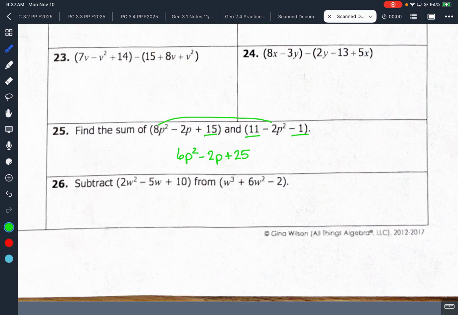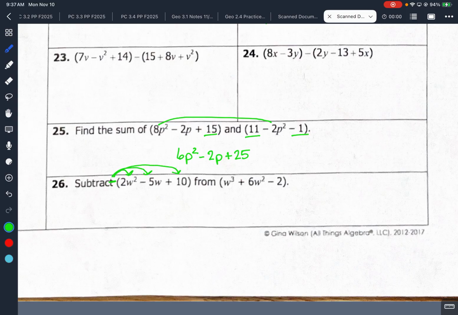Okay, so on the last one it says subtract the first quantity from the second quantity. So which one gets the negative in front of it, the first or the second one? The first one, because it says subtract this, right? If I say subtract 5 from 7, I get 2, yes? I don't get negative 2. So my negative comes here. So I'm going to distribute that negative